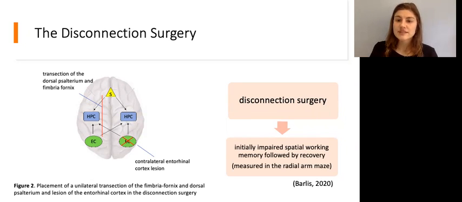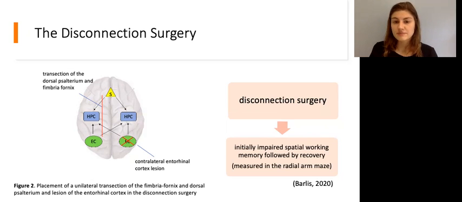Last year, Katie Barlos examined the effect of the disconnection surgery on rats' performance in the radial arm maze as an assessment of spatial working memory over the course of 6 weeks, and found that when animals received this procedure, they made a greater number of errors in the radial arm maze for the first 2 weeks of testing and